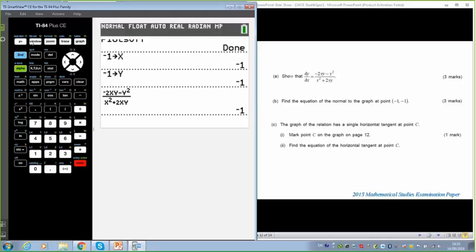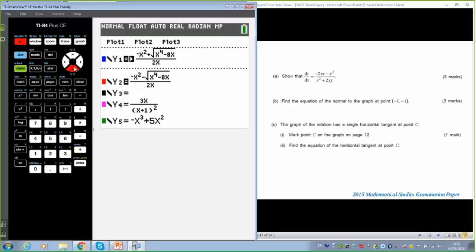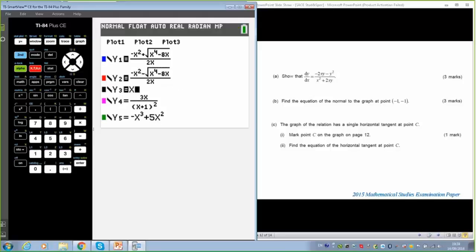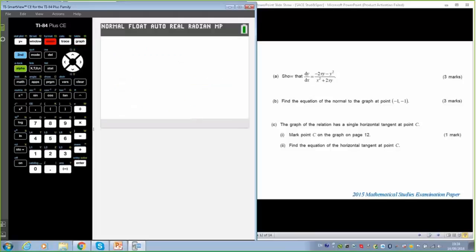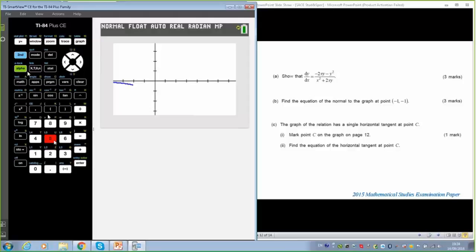So again, we'll get the students to graph that line, y equals x. This will be the equation of the tangent. Of the normal, I apologize. And when we graph it, the students will say, hang on, it doesn't look like it's normal, because if that's the tangent, this should be 90 degrees. And I like my students questioning that and being aware of that. So obviously the reason is because it's not square. So if we just square it up, we may lose the tangent because it was drawn.